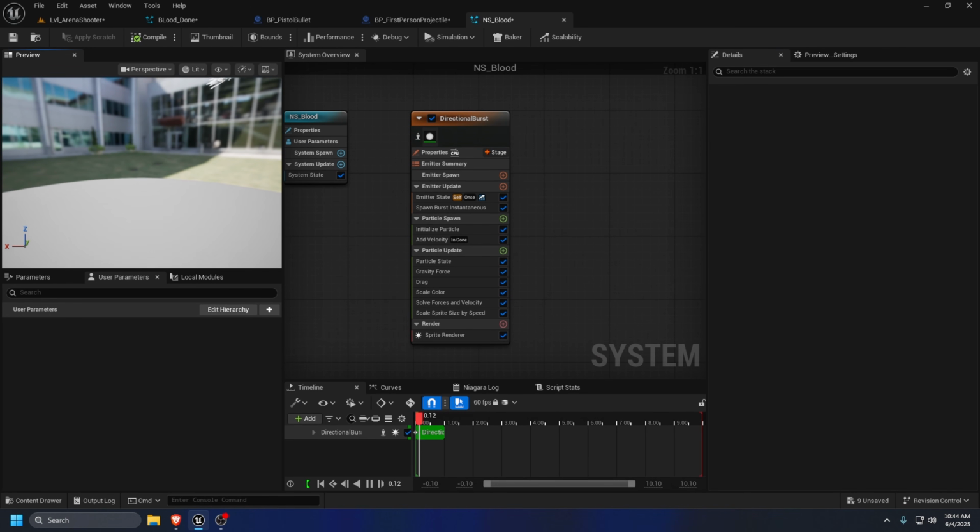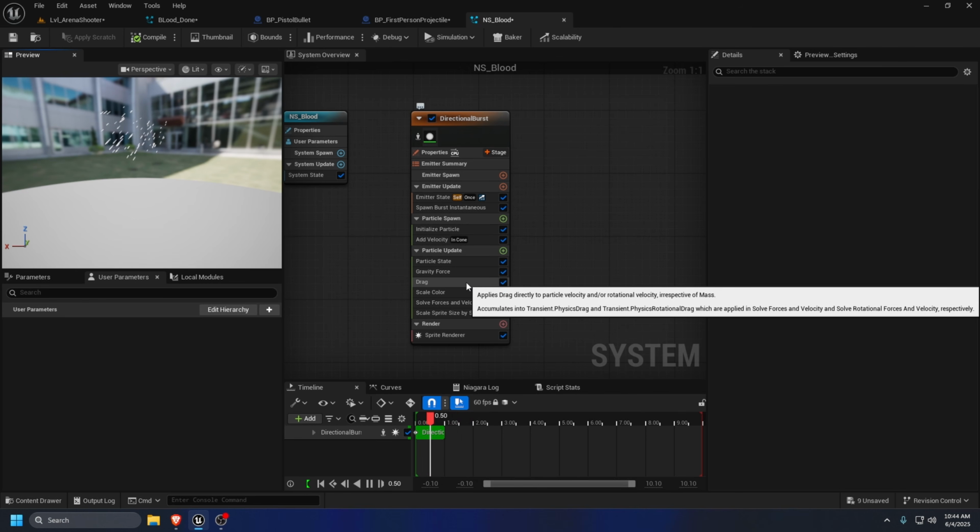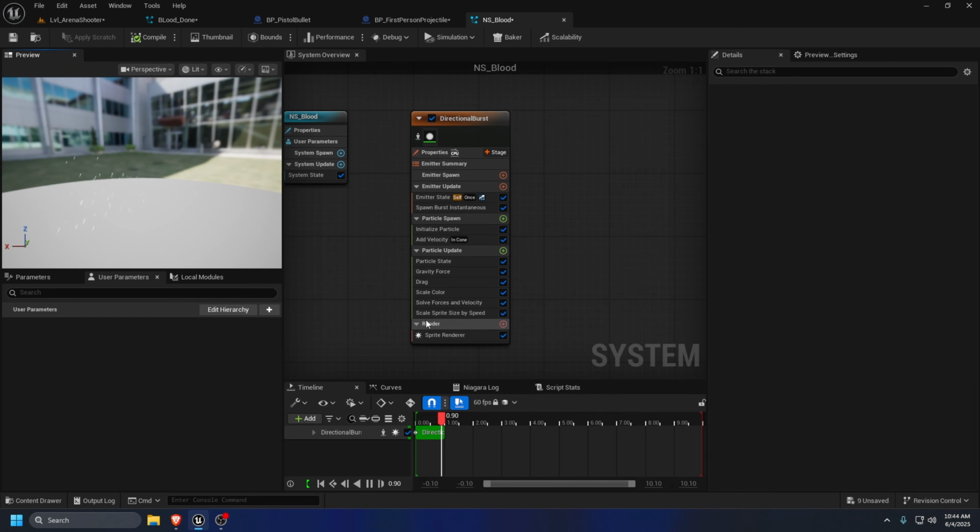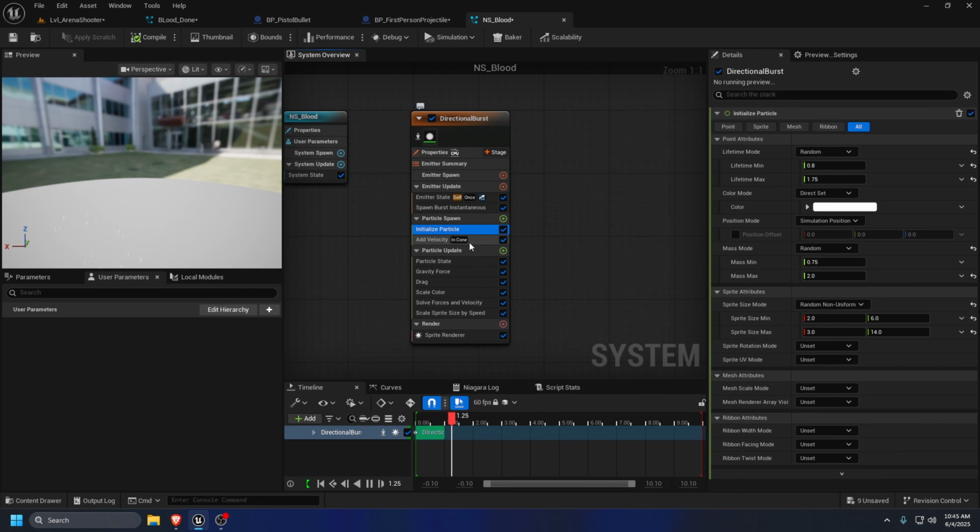Personally, I think this is far too much for blood that's just gonna go and stain some ground. I mean, you could have that smoke like how you're doing it, but I don't like that because I'm on a time crunch here. I've got to go real fast. So let's do